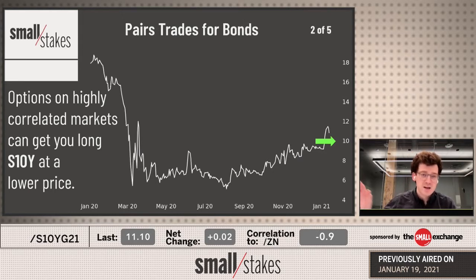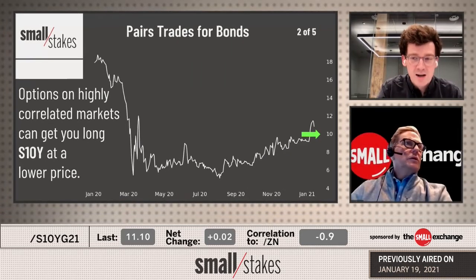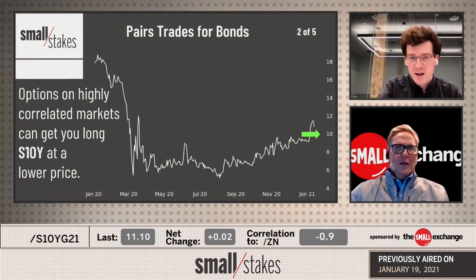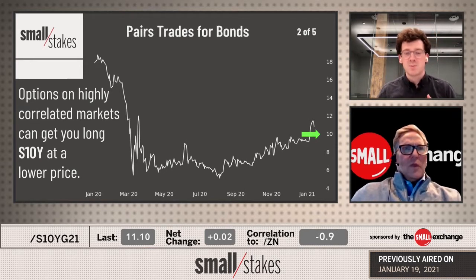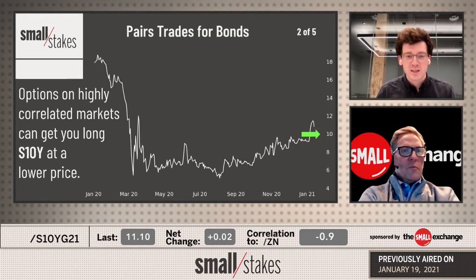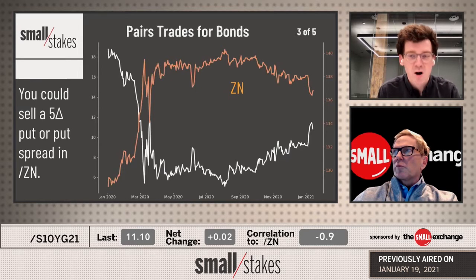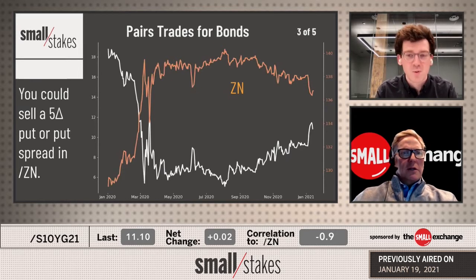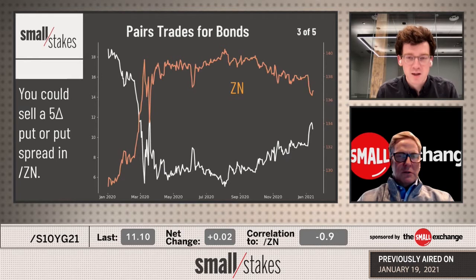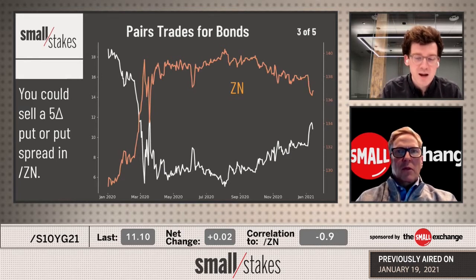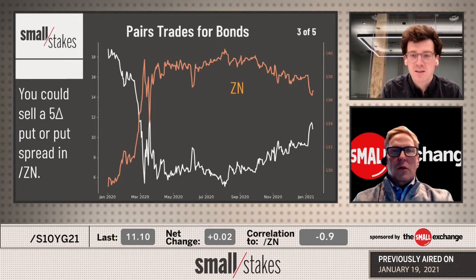So all of that aside, I want to look at the possibility of getting long S10Y at a lower price now that it has moved higher. And you can use these pairs trades examples and flip them on their head to get short S10Y at higher prices. I just want to run through 3 examples here, starting off with probably the most straightforward example for those people who have traded 10 years or interest rates in the past, with the fact that this S10Y product is a yield-based product that is modeled off of the 10-year Treasury note.